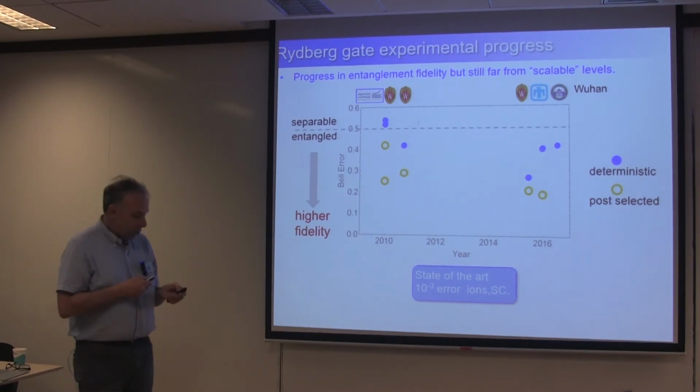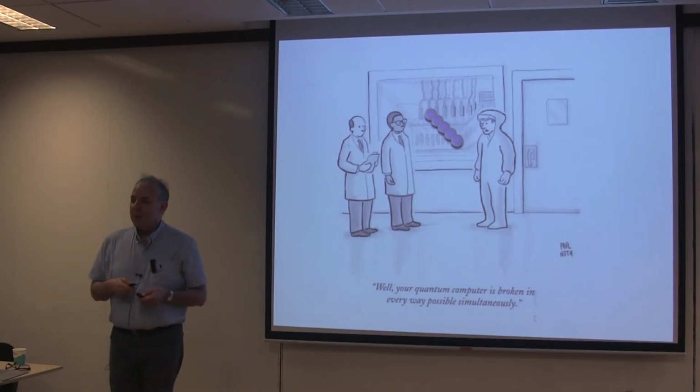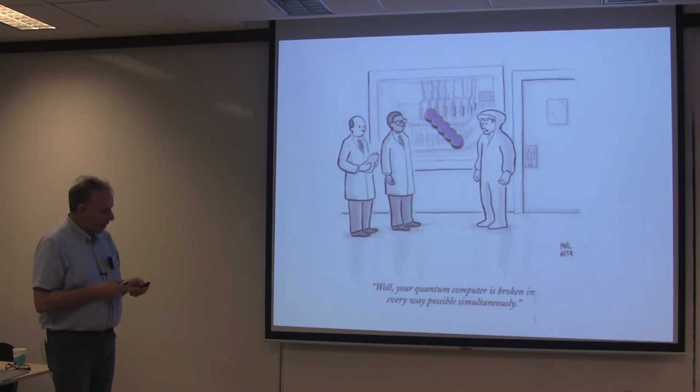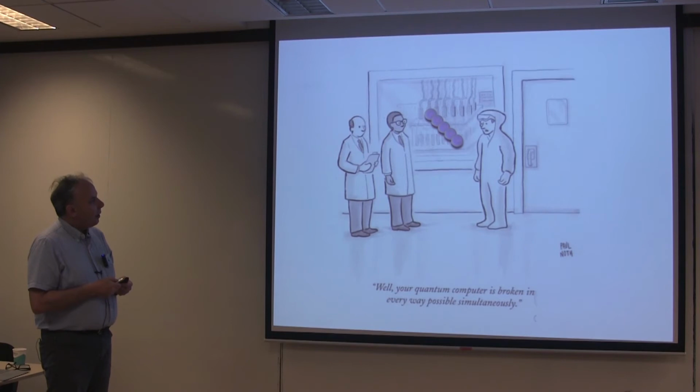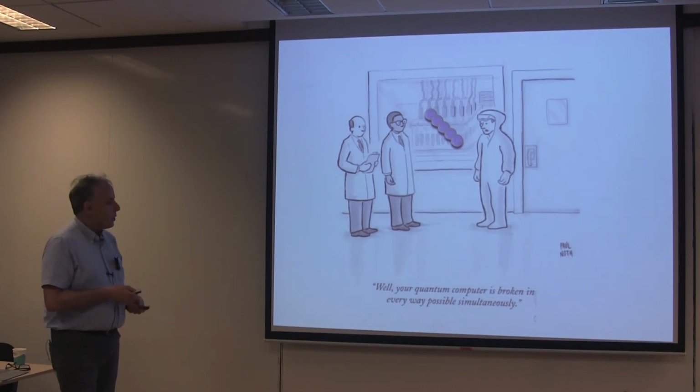So, what's going on with this? Well, it's a quantum computer, so there's a lot of possibilities for being imperfect. And we've spent a lot of research effort in the last years trying to understand what the problem is and what the outlook is for really producing high fidelity entanglement and making this scalable.